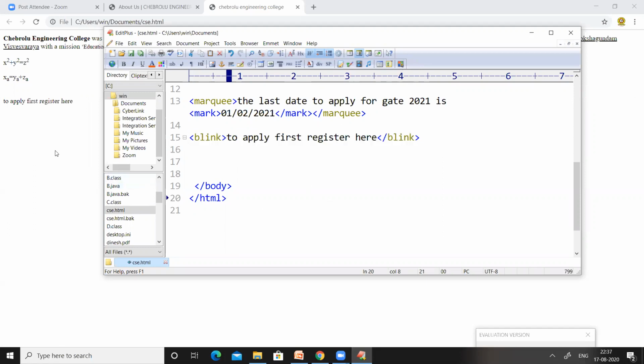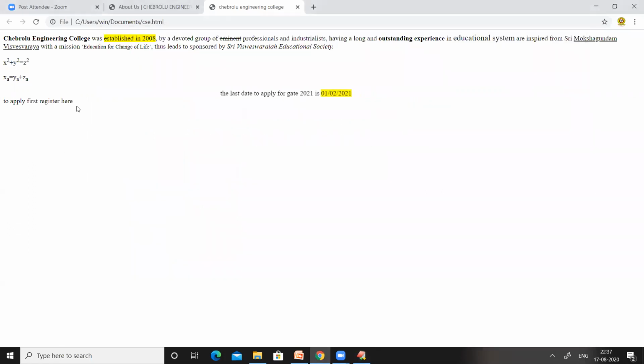At present, I think my browser is not supporting it, and I will work with another browser. If it is blinking on my laptop, I will show it in the next session. No worry. Keep that in mind, the blink tag is used to turn some text on and off on a web page.